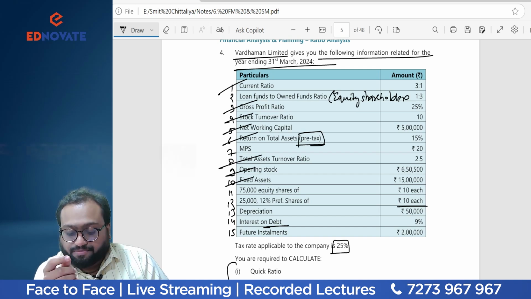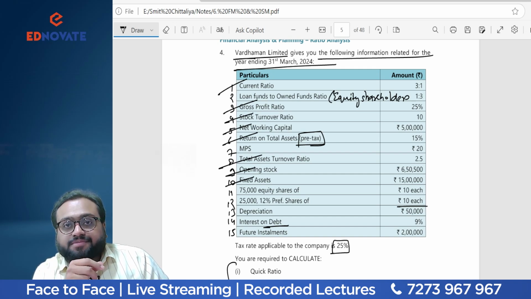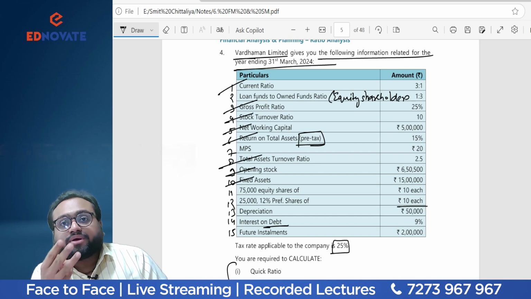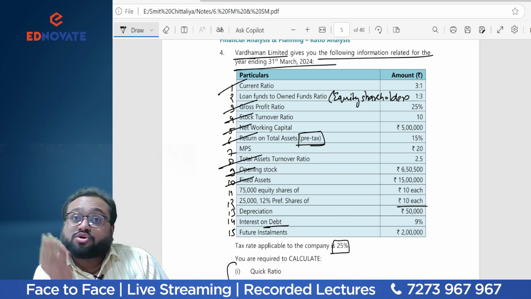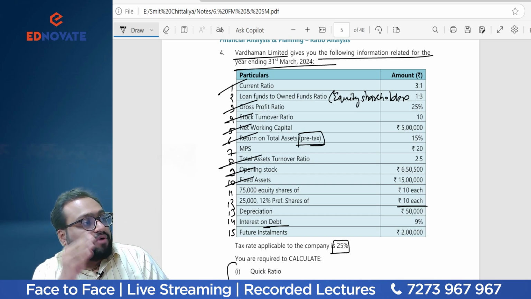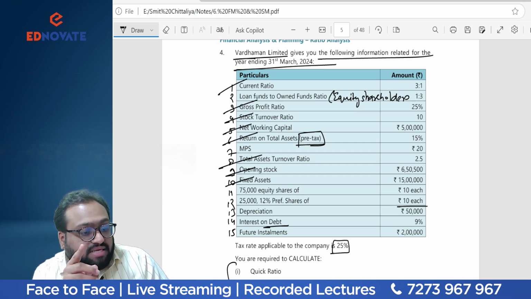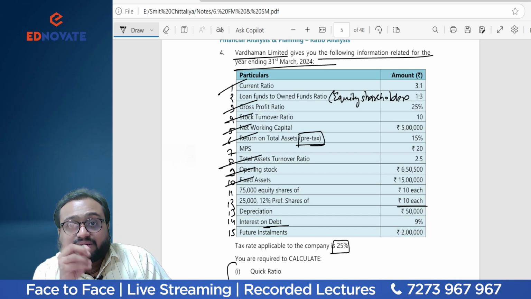Do have a look, and if in case of any doubt, do let me know, because we'll be having these things: equity share capital, preference share capital, debt capital, and the current liability. All these 4 items will be comprising your total liability, which will be equal to your total assets. Now ICAI has only considered equity plus debt plus current liability.